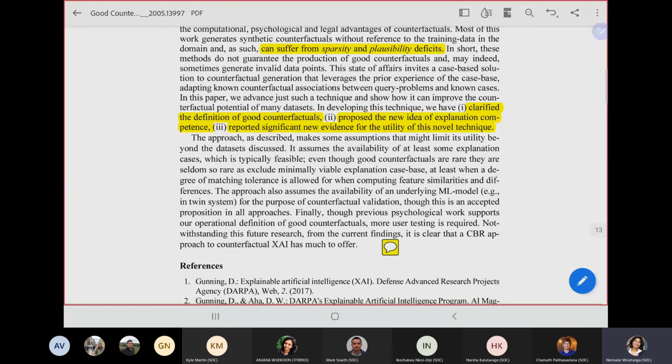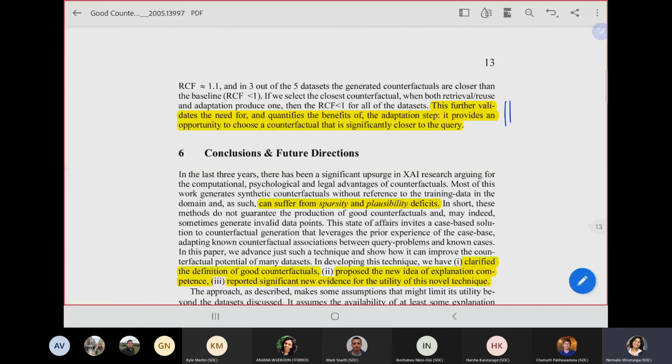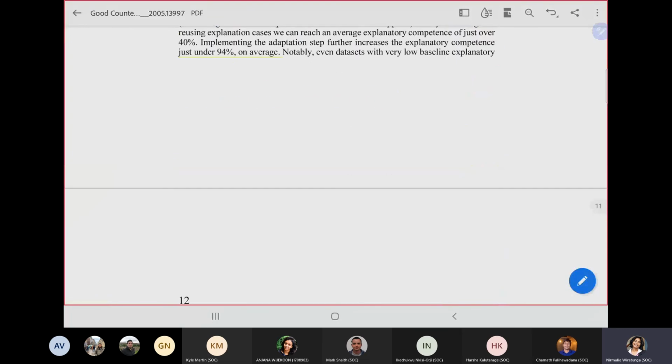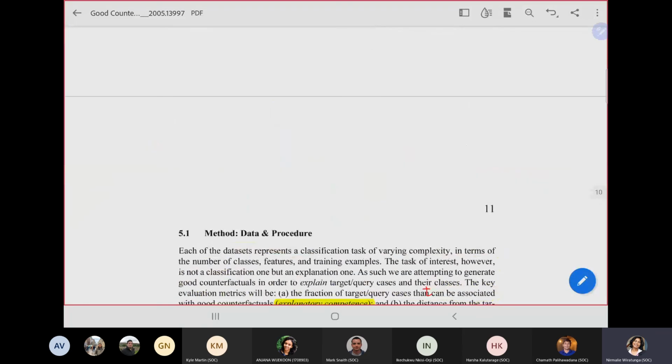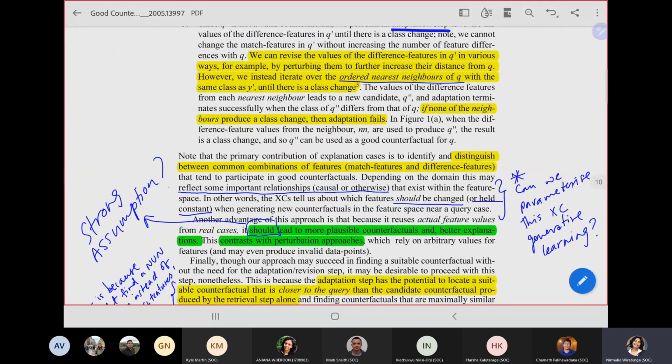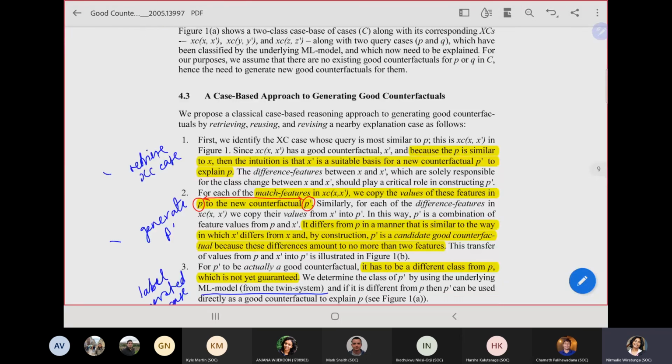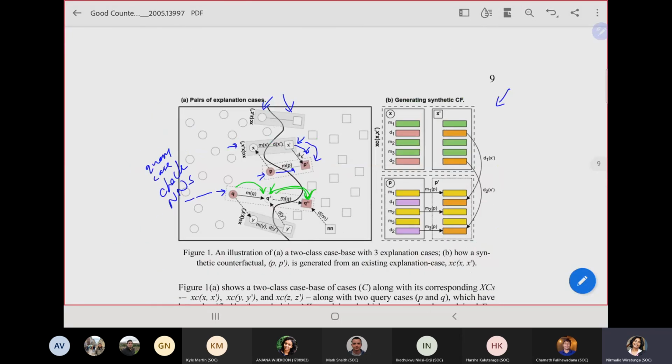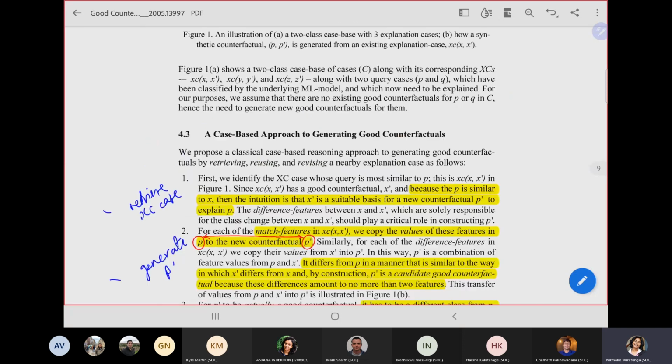For me, I'll be interested to know ideas on this generative approach, and how, after generating these case pairs, whether we can use some kind of a sequence to sequence generative model to generate counterfactuals based on an explanation paired case base. So I will stop there and ask people to give me some suggestions, and